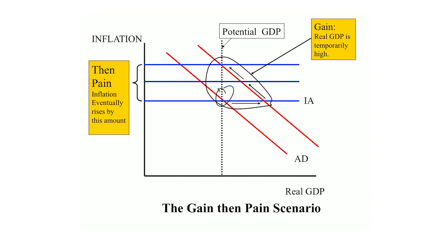Suppose then that the central bank wants to stimulate the economy, to get the economy moving and to lower unemployment. Well, we know it can lower interest rates, and that's going to shift the aggregate demand curve over to the right, as is illustrated in the arrow in the picture. So that goes over to the right, and we have a new intersection. Real GDP has increased. There's a boom, unemployment's coming down.